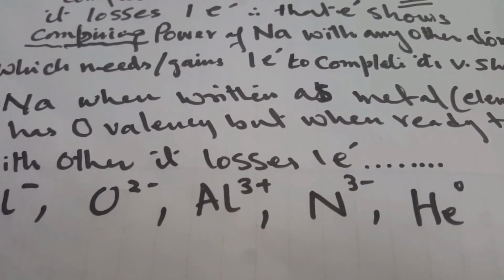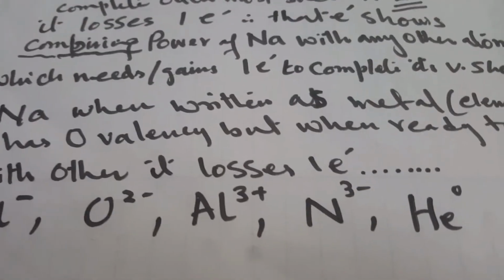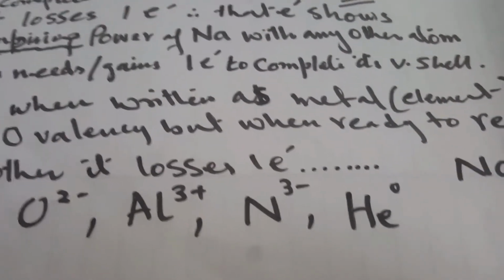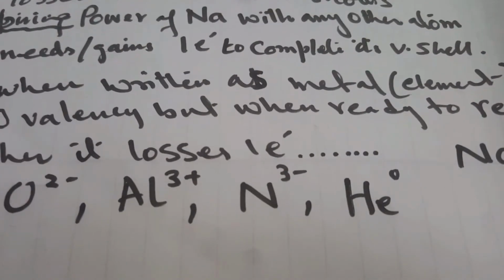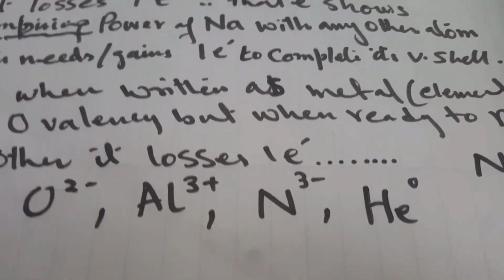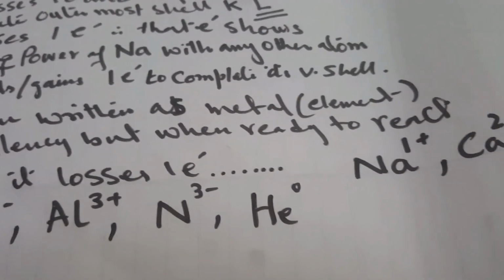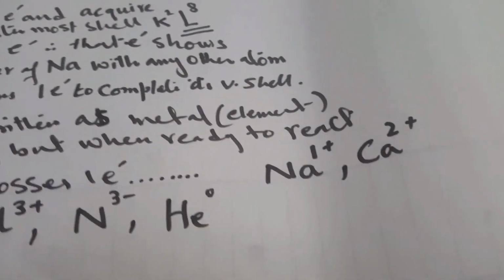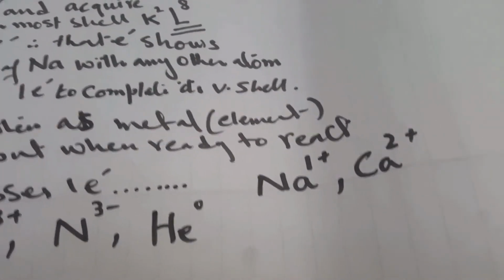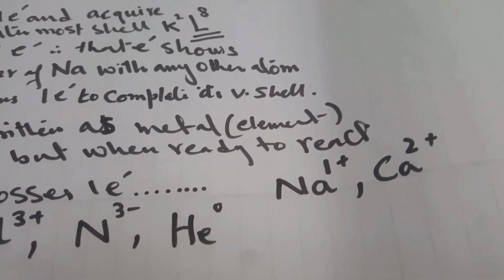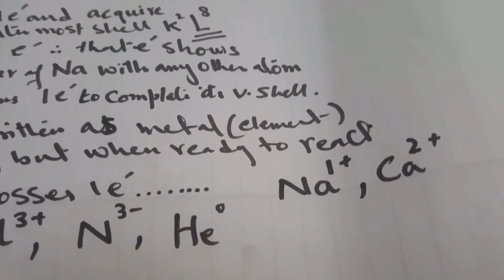Mostly valency is written as a number with the sign afterward. But when we talk about oxidation, which is similar to valency, the oxidation number has the sign first and then the number follows, right? Now see, helium I have also written over here. Helium is group 18, so it has a complete outermost shell and does not require any electrons.